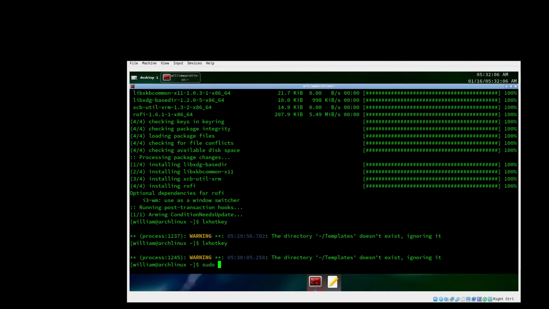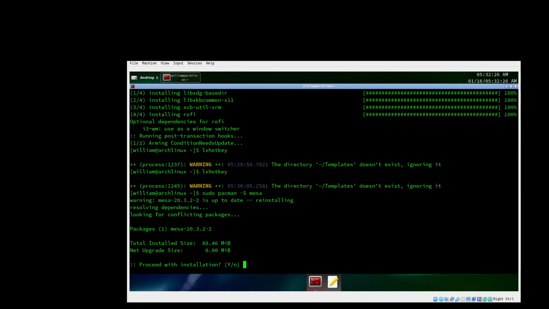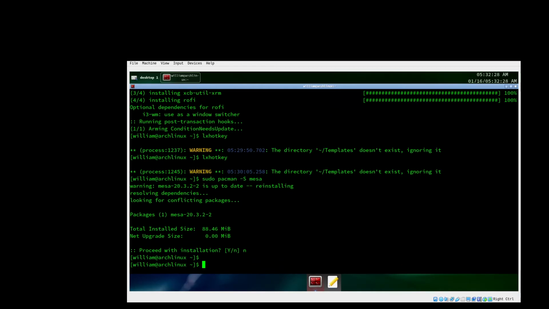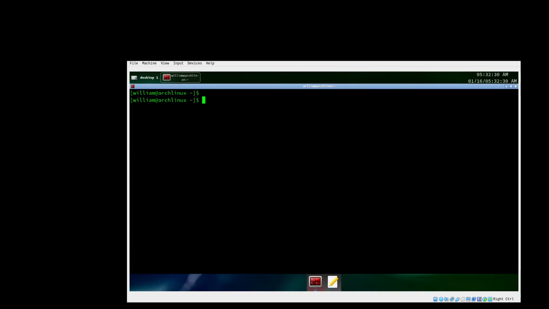I'm going to talk about installing graphics drivers now. So if you have an NVIDIA GPU, you're going to do sudo pacman -S nvidia. If you have an AMD GPU, you're just going to do sudo pacman -S mesa. Since Mesa is already installed, and it should install by default, if it doesn't, then you can just install it separately. But for the NVIDIA driver, which I'm probably going to need,